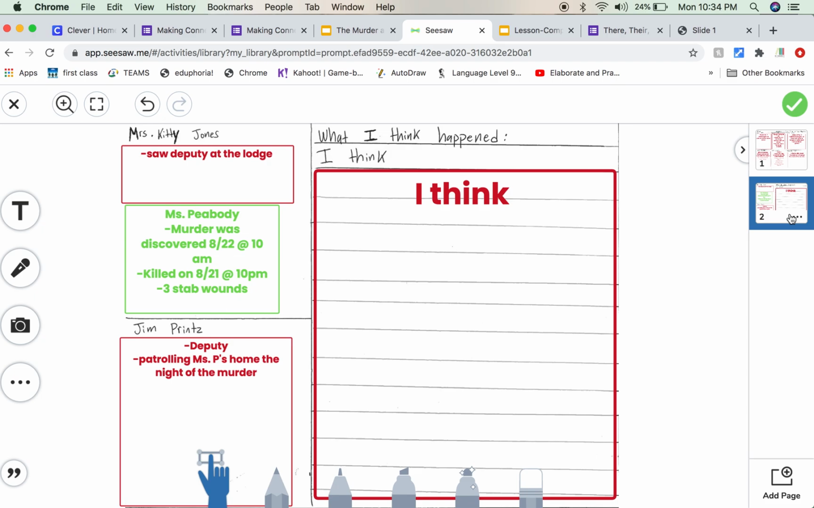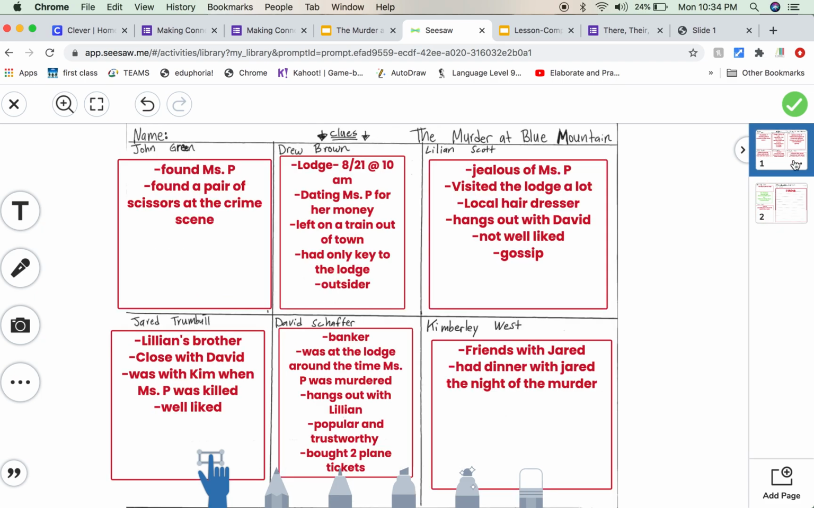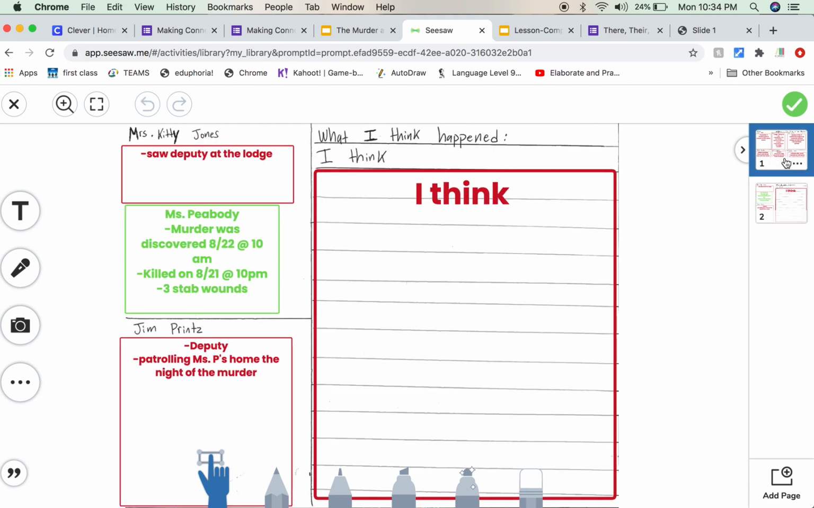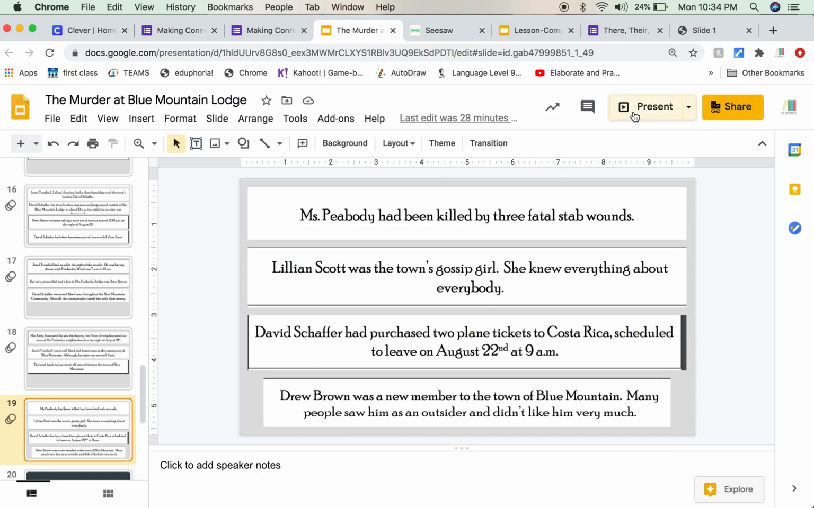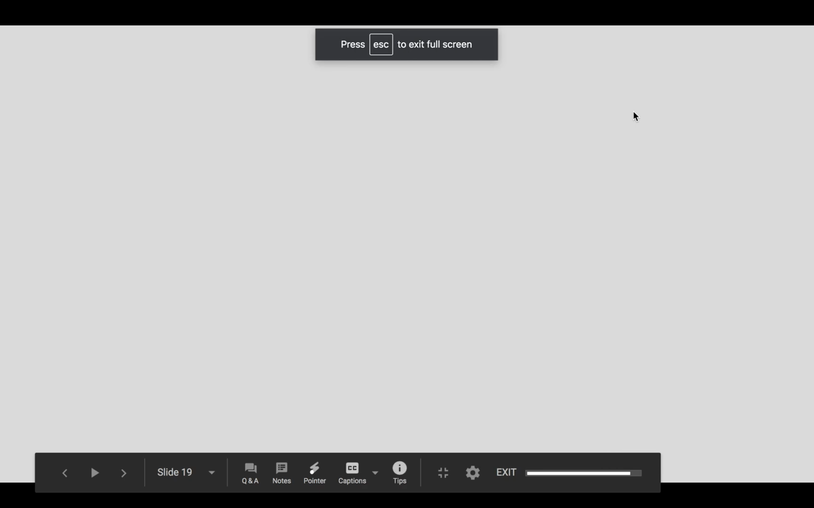Then for page 2, please have all these clues written down as well. So catch up time if you fell behind. Just pause the screen and write all the clues, because those were all. That was the evidence that was provided to us. Now,